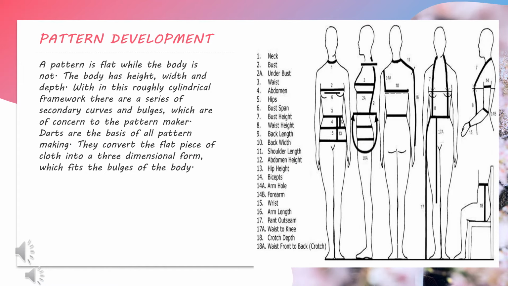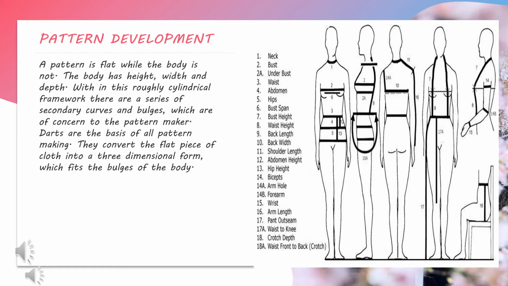As you can see, this body croquis I have divided into alphabetic categories. This helps you to describe the pattern development. As you can see, the first point is neck, bust, and 2A is under bust, 3 is waist, 4 is abdomen, 5 is hip, 6 is bust span, and 7 is bust height, 8 is waist height, and 9 is back